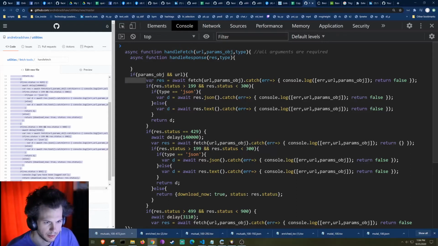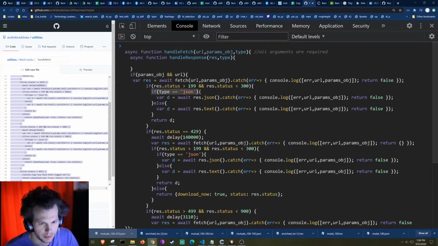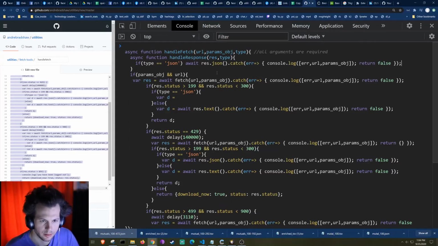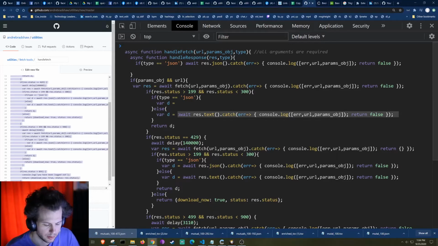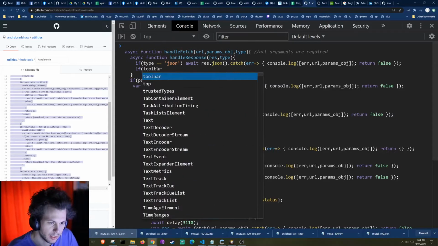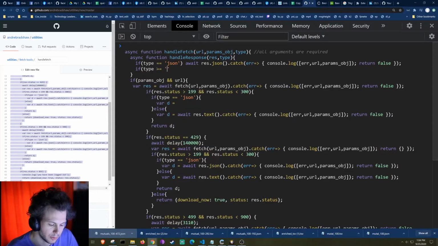And here we'll say if type is JSON, return the JSON unless we get an error, and then just return back false. Right? Same thing here, but we'll say if type is equal to text,